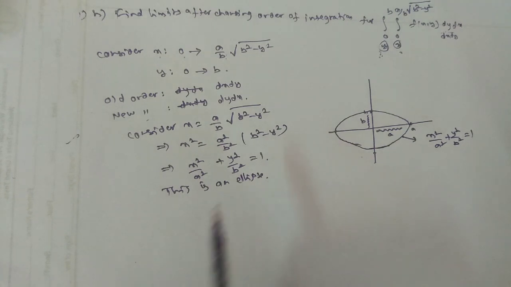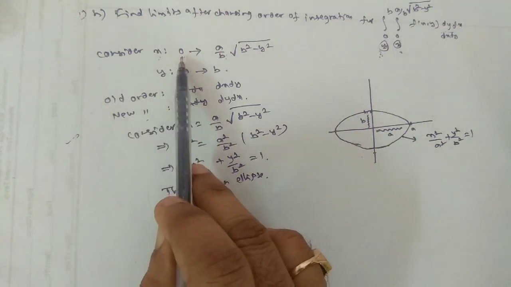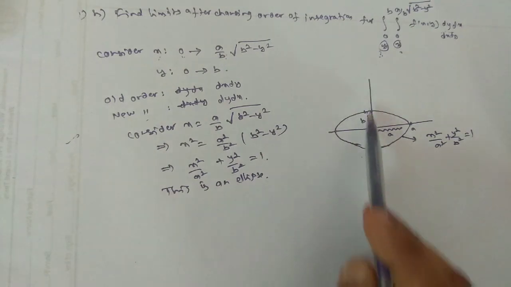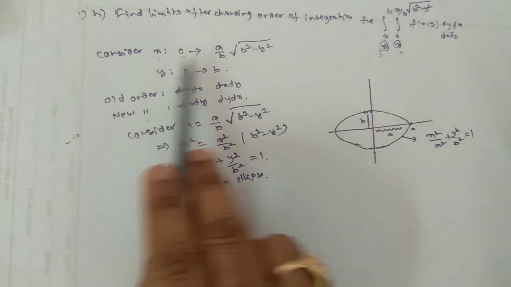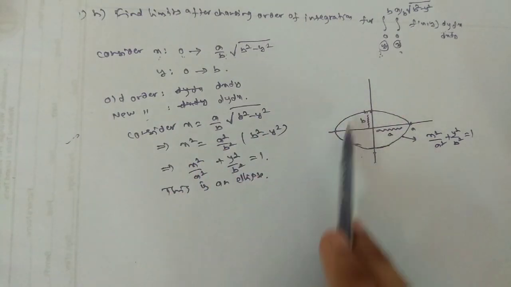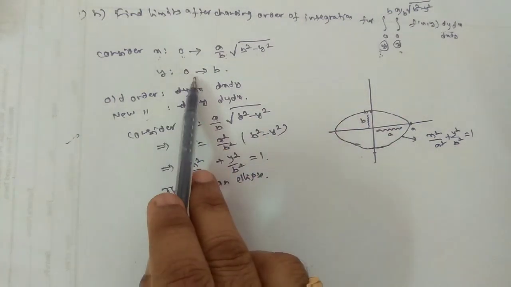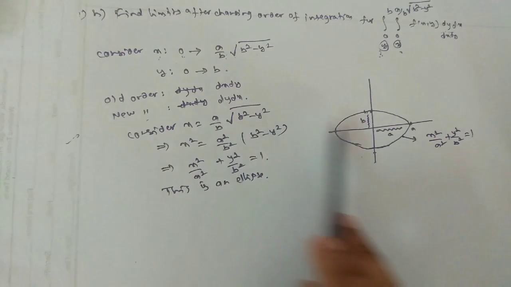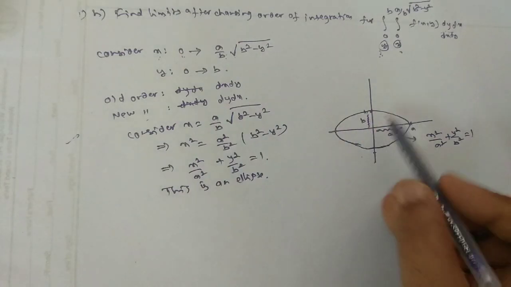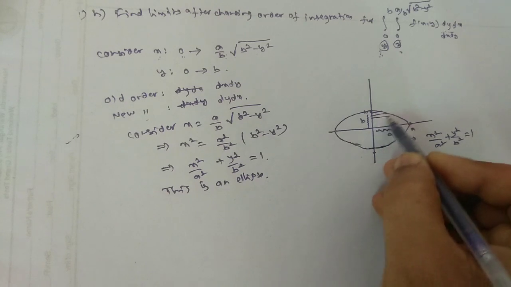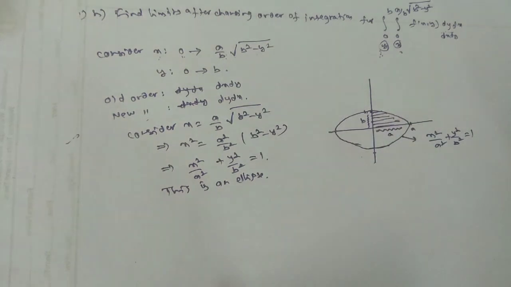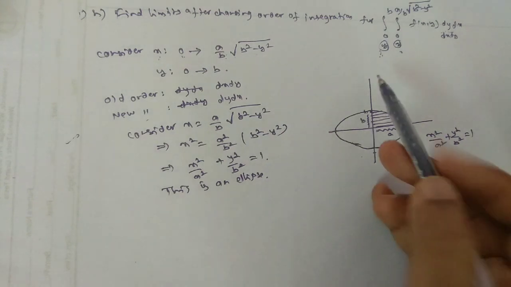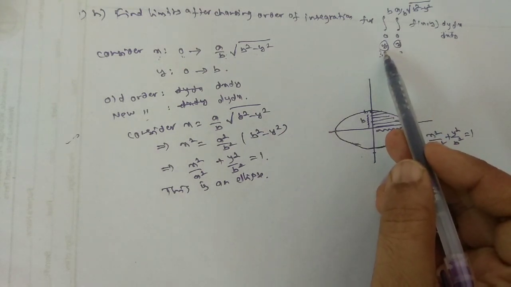Now you look at them one by one. What is the first limit? X equal to 0 means it is lying on the complete y-axis. Similarly, x equal to one more limit, by that you are getting this ellipse equation. Y equal to 0 is lying totally on your x-axis. Y equal to b is only here. That means the complete common area of integration is this. So are you going to get the limits in terms of variable x or y? Here we should get the new limits. Y should be represented in terms of variables.